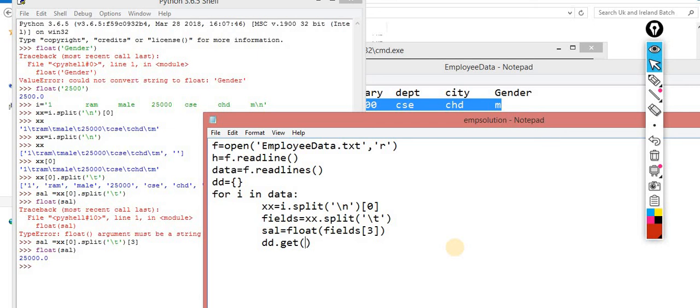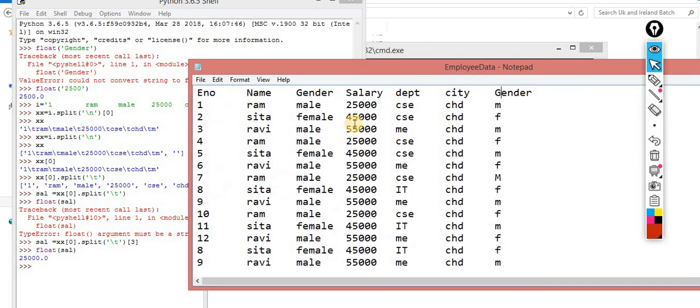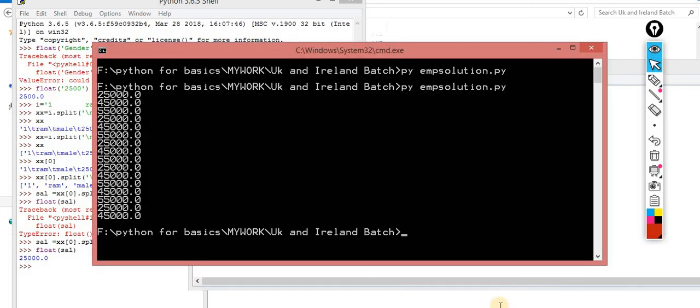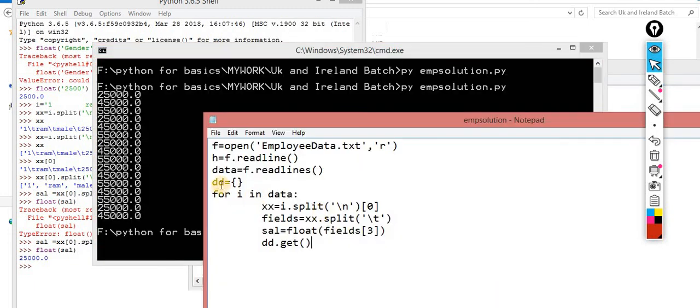The first case is the total salary; according to department I'll take that concept later on. In this problem statement there is no requirement for this DD, so simply I need a sum.